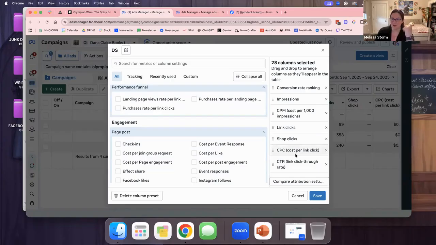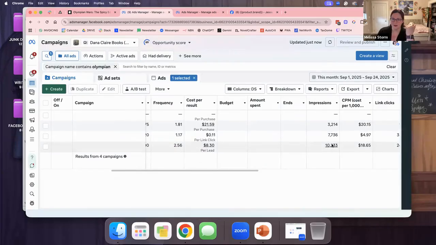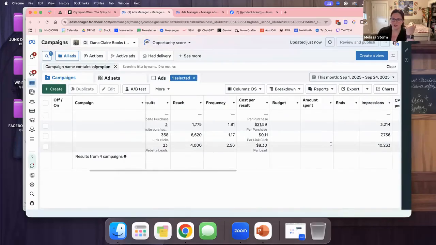You're going to add some ROAS fields down here: purchase conversions, cost per purchase. And that's going to tell you more information about what's working. So if I scroll all the way over,